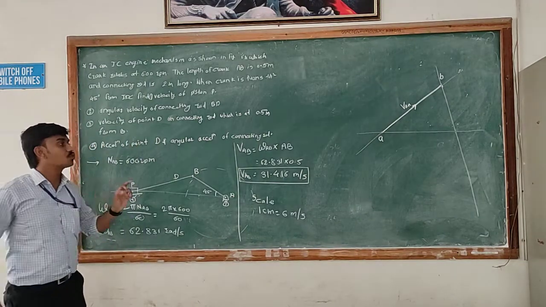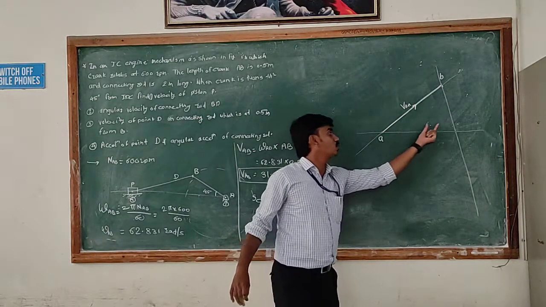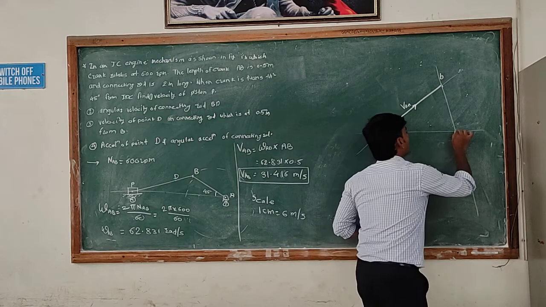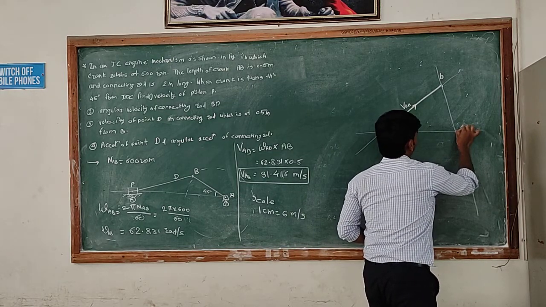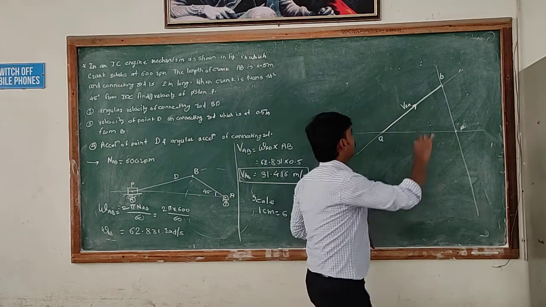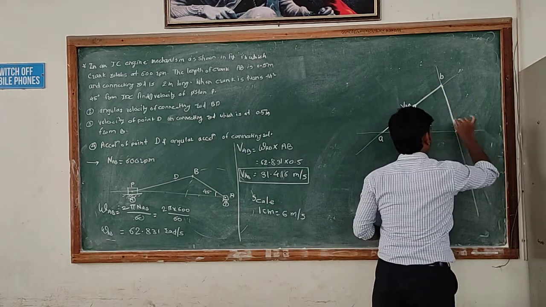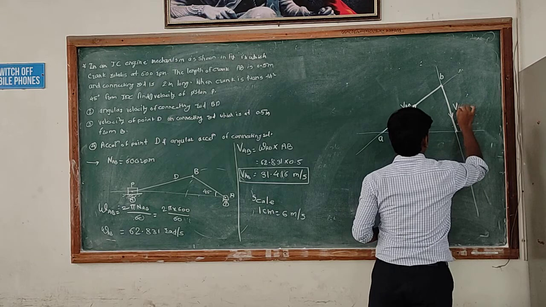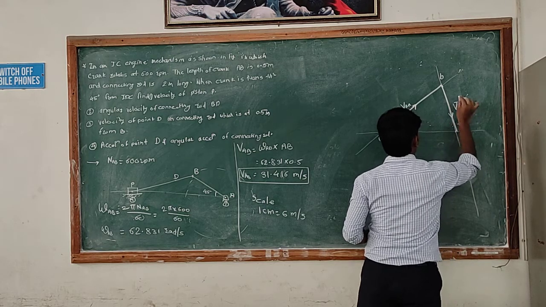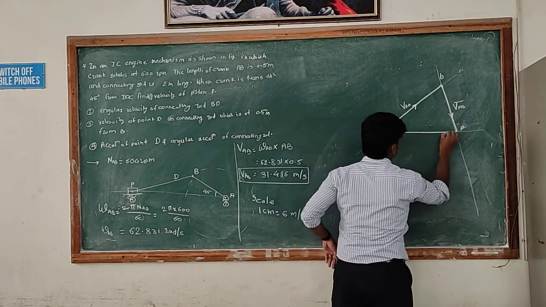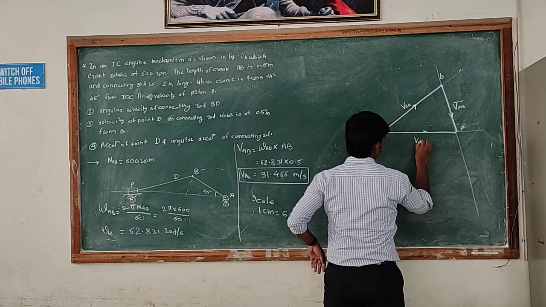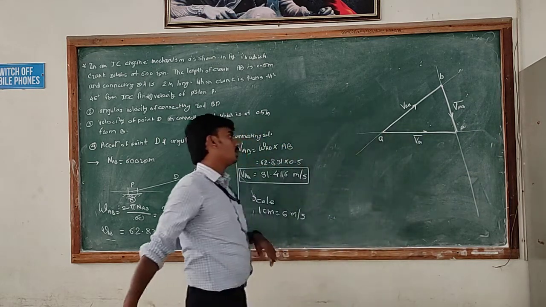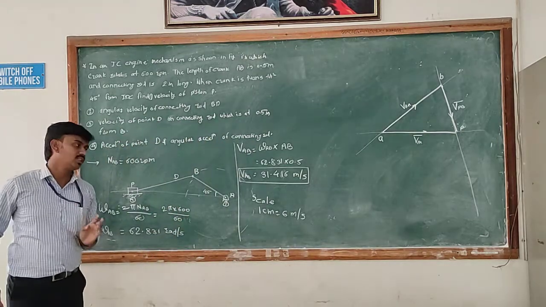So this is my stroke. And where these two lines meet, we will get the point P. Okay, and this is my velocity vector, the velocity of point P with respect to B, and this is the velocity of the point P, which is x. So this is my velocity triangle.